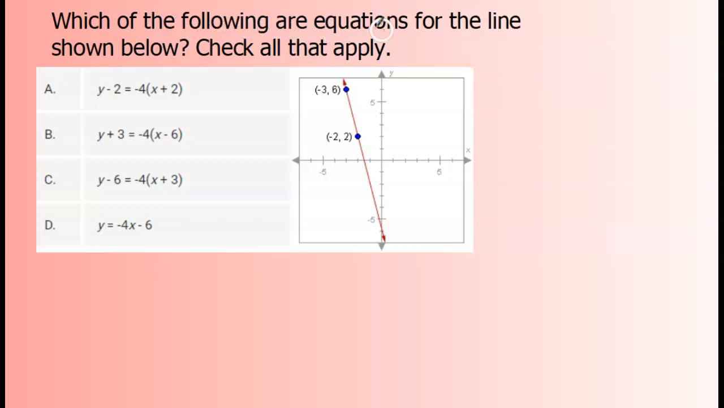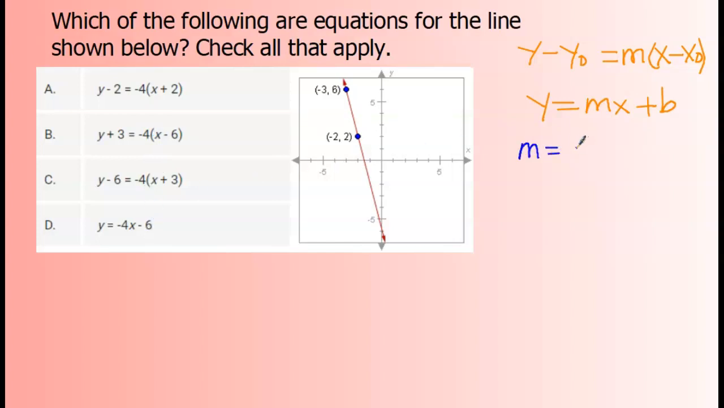Which of the following are the equations for the line shown below? Check all that apply. So we have 2 points here, and we have a lot of equations here. Let's see what we can do. Here we still need our y minus y naught equals the slope times x minus x naught. And we will also need y equals mx plus b. Here we see the slope to be -4 in the multiple choice,